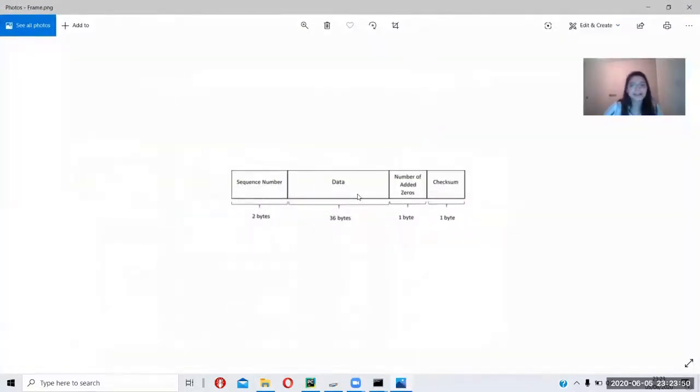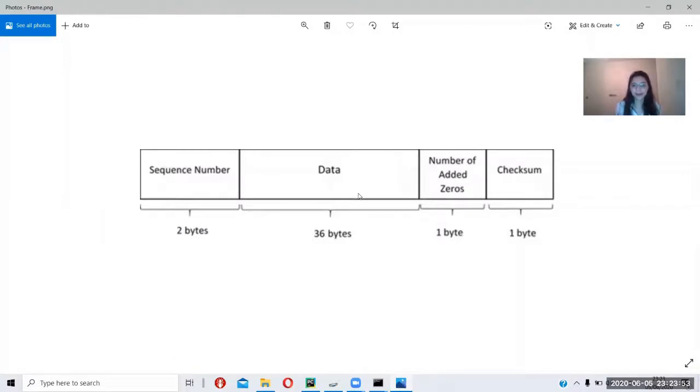As I've already mentioned, we're going to divide the data up into 5. And because we're using 3 channels, we're going to divide each one of those 5 partitions into 3 more. Each of those 3 remaining partitions then is going to be divided up into frames before transfer. It's going to be divided into 36 because each frame carries 36 bytes of data.